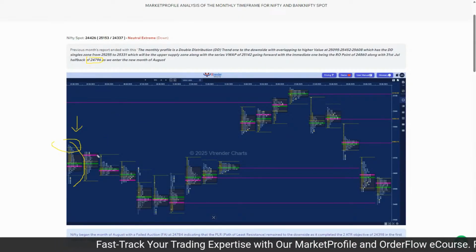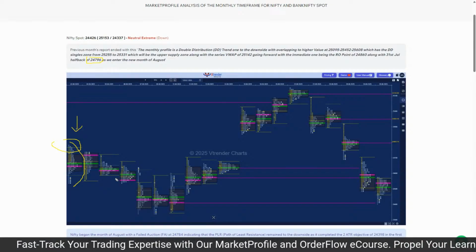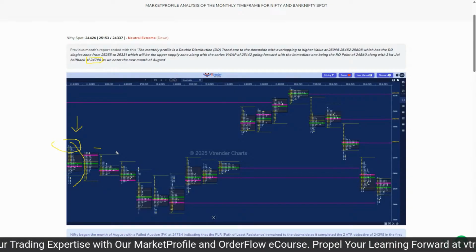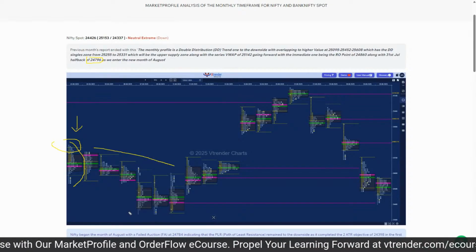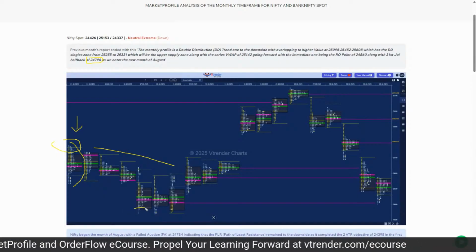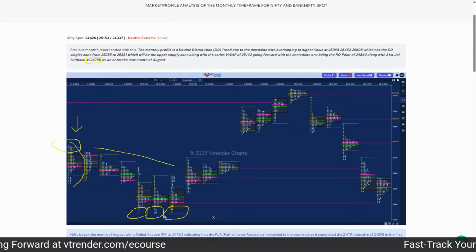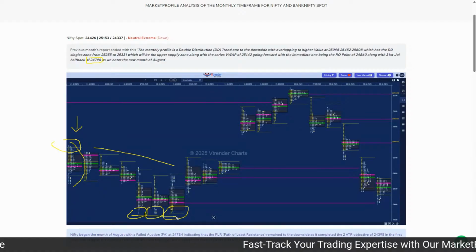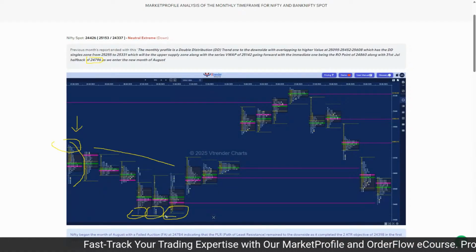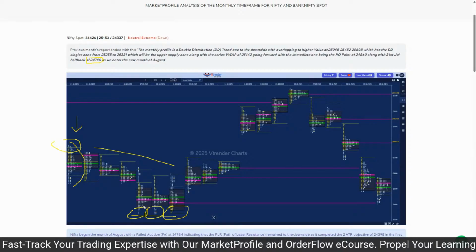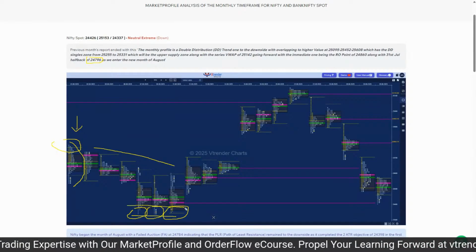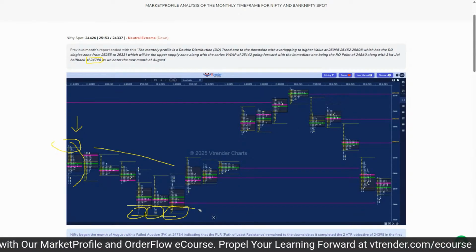Going forward in the month of August, the sellers remained in control to the downside in the first half, where we made these new lows. But for 3 consecutive days, we formed similar lows. And this was near the monthly HVN from May, which was at 24389. So what we were seeing here was some kind of demand coming in, and supply was not able to break through this.